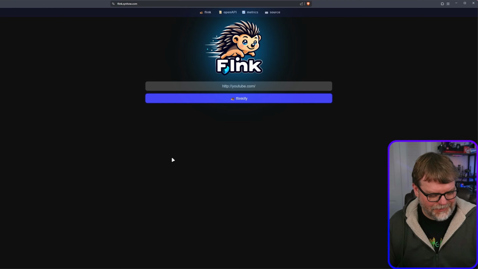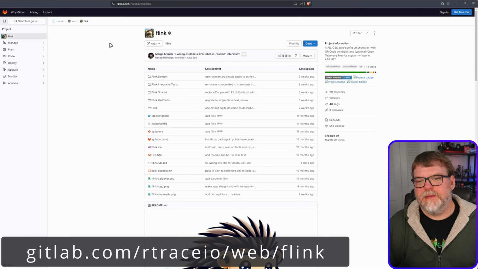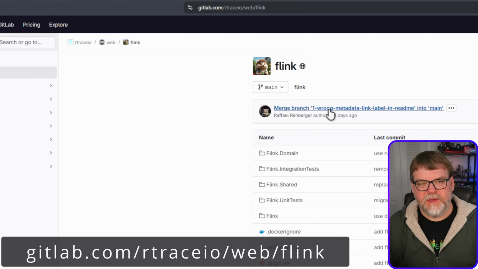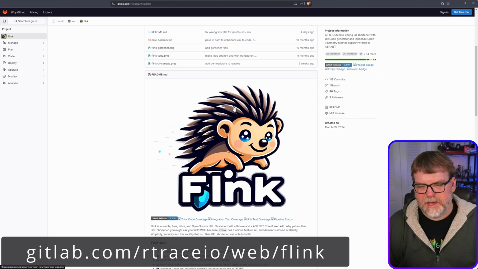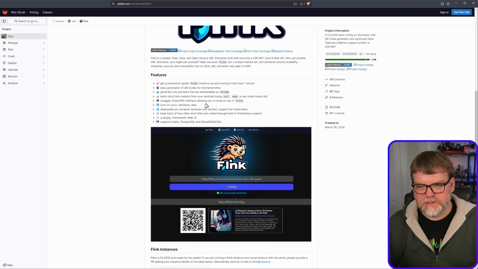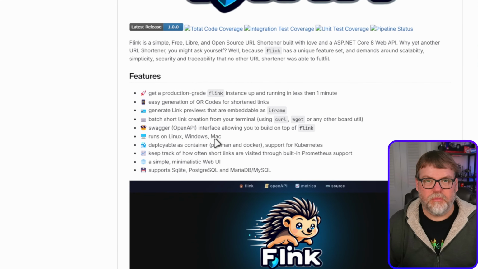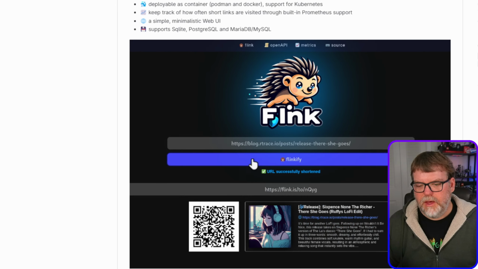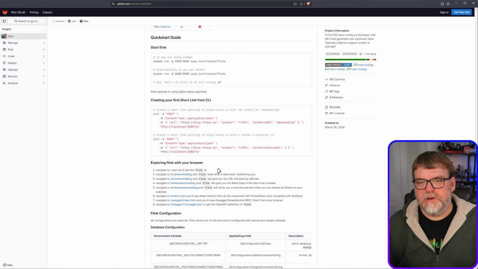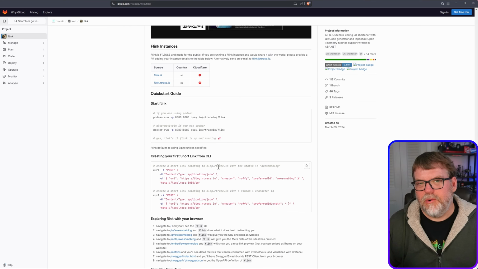All right, so we're going to be starting our journey of installation at this URL right here, the GitLab and /r traceio/webthink. And once we scroll down a little bit past this cute little guy right here, we're going to be looking at some of our features that have been created in our product so far. That's cool. And also check this out. If you scroll all the way to the bottom, here's their roadmap. So they have a lot of things planned. If you have suggestions or anything, I find that new projects like this are always open to criticisms and input,